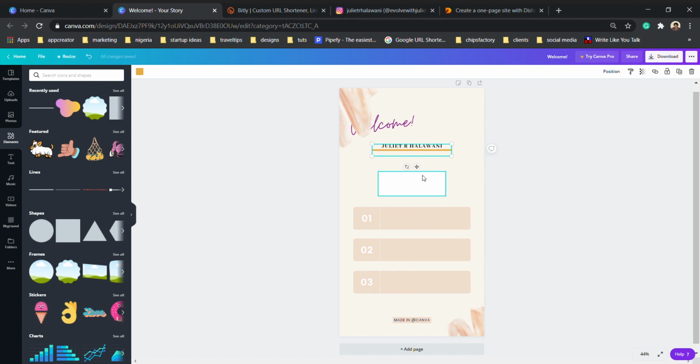And then here I'm going to need this box. Not necessarily, I don't really need it, so I'm going to delete it and I'm going to select my name once again and duplicate. If I want to use the same font, I'm going to duplicate this, and then I'm going to change the words. I'm just going to highlight and change to what I do: business coach,